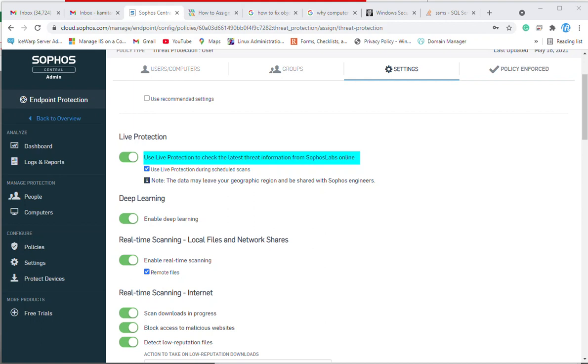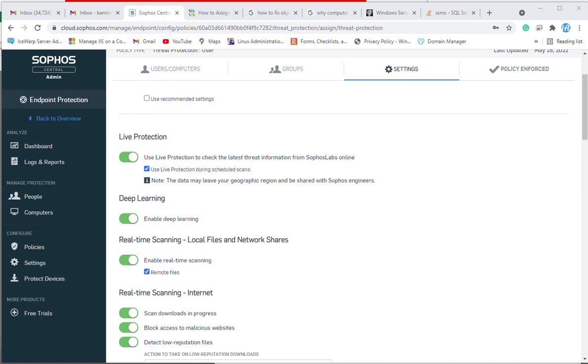And this is the deep learning option. Deep learning is also useful when your endpoint detects some kind of new viruses, and it also provides a detection method. Next one is the real-time scanning, local files, and network sharing.